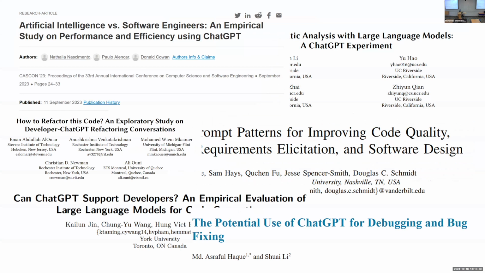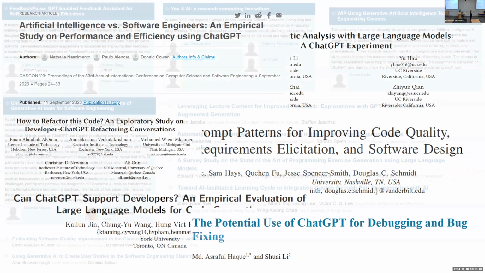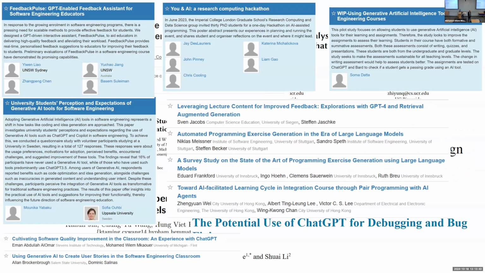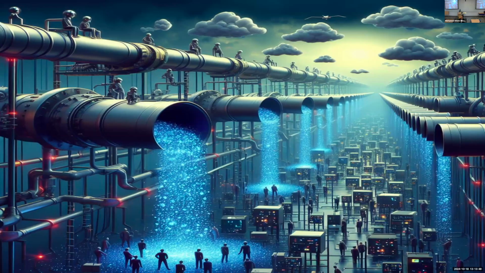And basically, all of them are just benchmarking the nature of these language models. And again, a lot of studies are now building upon these language models. If you want to know why it's so efficient, you may have a lot of answers. One of them could be this, right? Data leakage. These models are trained on things that are so well known, at least for this case of refactoring or debugging. These models are trained on millions of examples of buggy code that has been fixed. Pairs of a bug and a fix, broken code that has been fixed, right? So this gives them a lot of power, right?